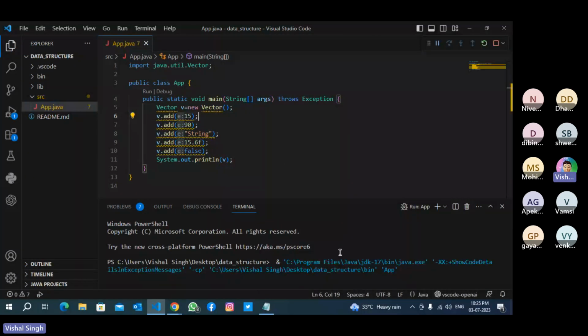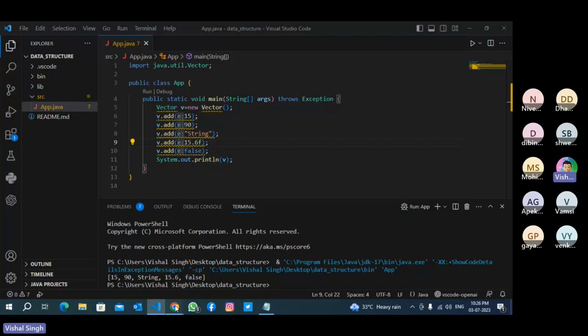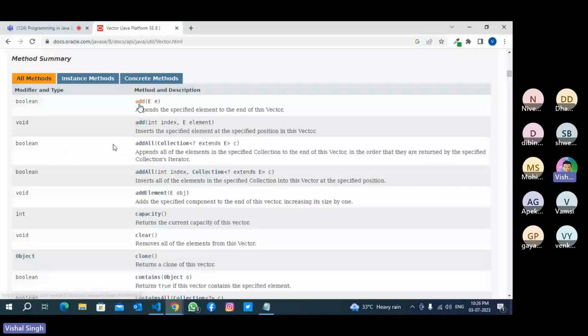You can also take help of other websites like GeeksforGeeks, Tutorials Point, or any other website if you are having any problem with how to use something or what the syntax is, because this website will give you the basic concept, like what the method name is, what parameter you are passing, what it will return.